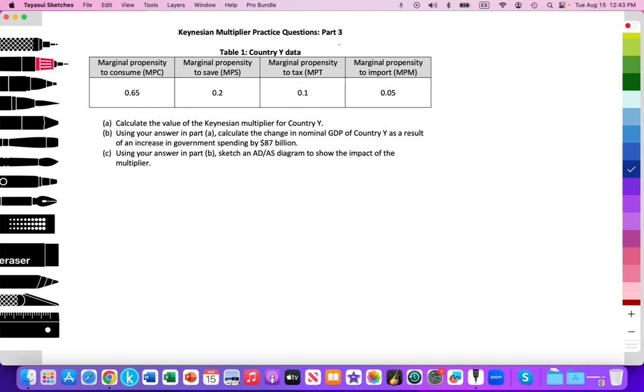There are two other practice questions that you will also see linked below that you can use to continue your understanding and practice on the math components for IB economics with regard to this concept. So here we have a table that's provided to us. Table 1 for country Y, some data. It provides us the marginal propensity to consume, 0.65, propensity to save, 0.2, propensity to tax, 0.1, and the propensity to import 0.05. So the assumption is that with any additional income that's gained, so let's say that you gain an additional dollar,